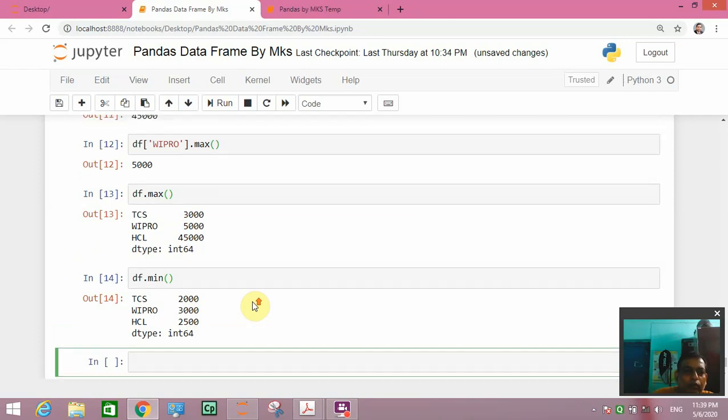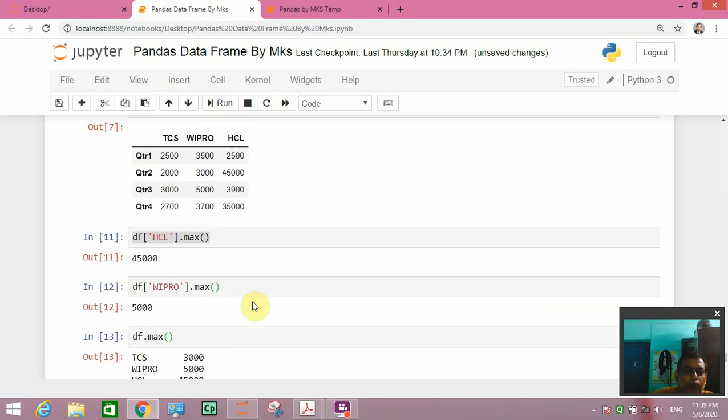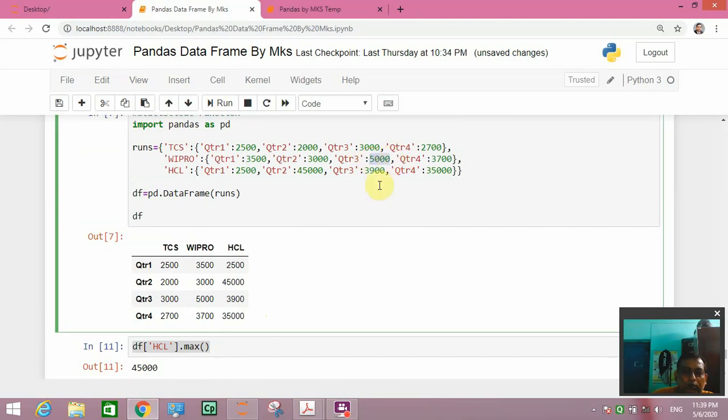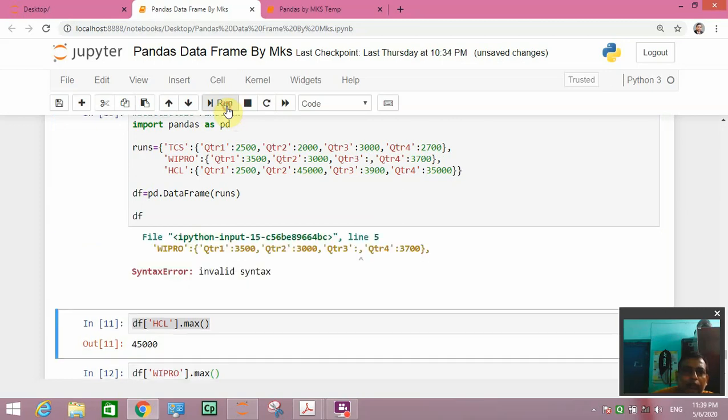Now suppose we don't give a value here, what will be there? It will give index.